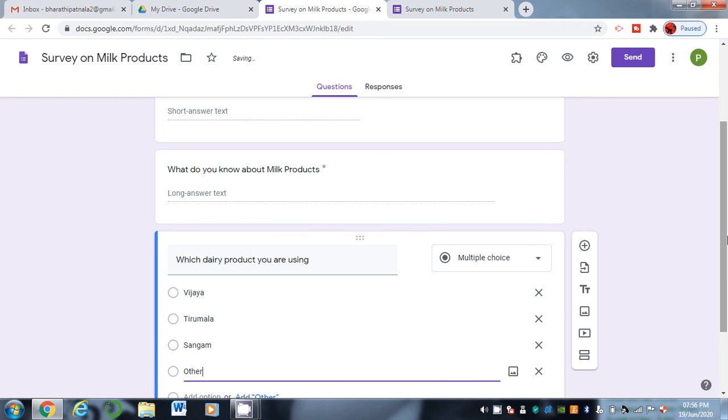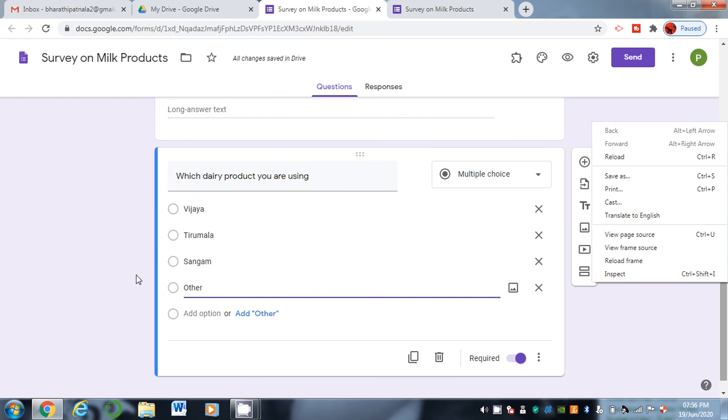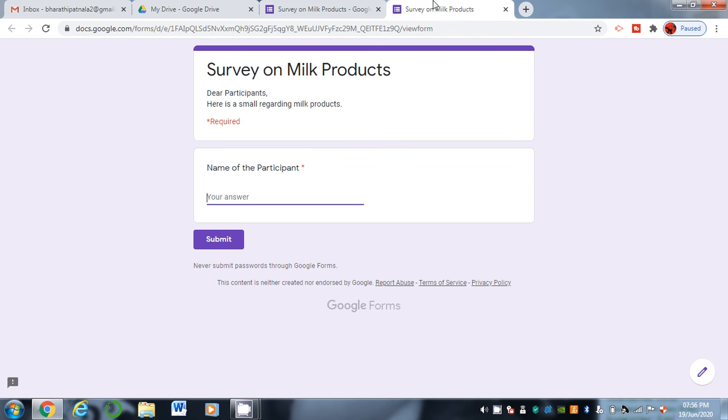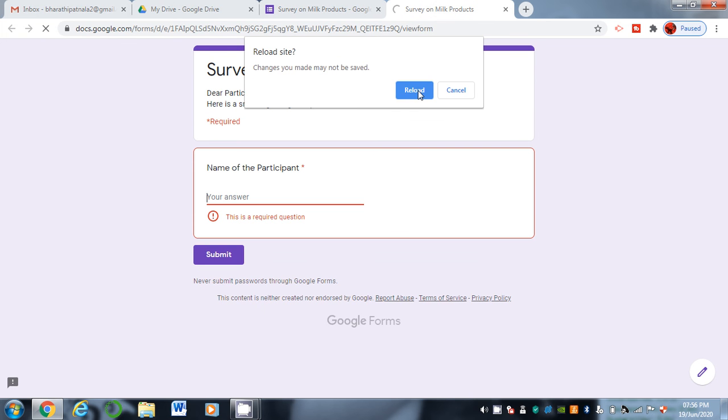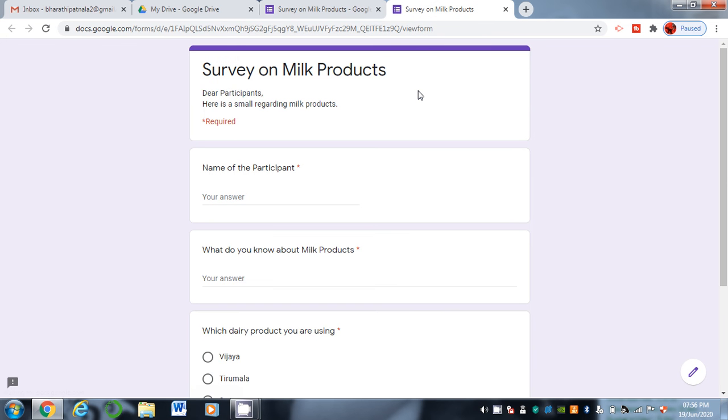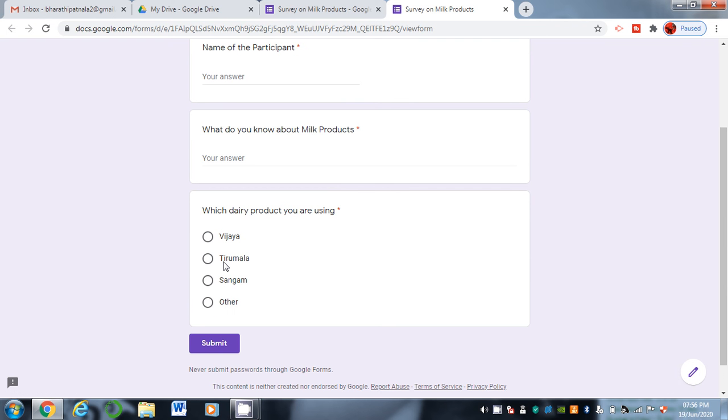So in this type, the user can select any one of the products. Let us see. So you can reload this form. So the user may answer with any one of the options. So multiple choice means the user can select only one option out of all.